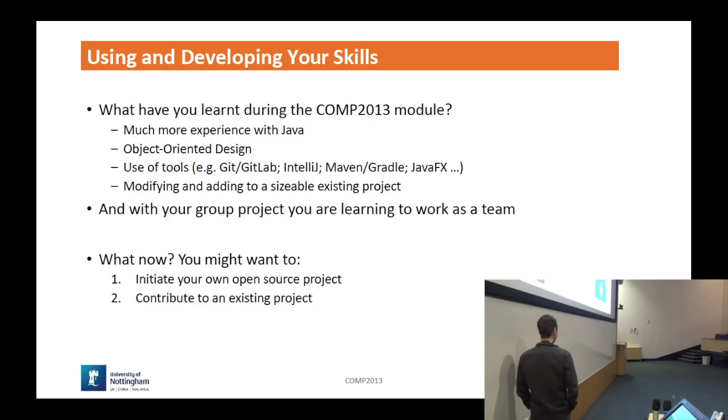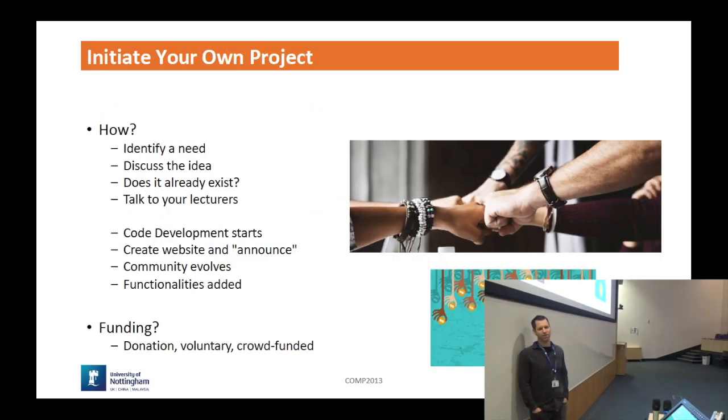I think if you have an idea for an open source project, what would the first step be if you had an idea for your own project? Very first step. Any ideas? What would be the first thing you would do? I mean, the first thing you would do is to look to see if somebody else has solved that problem and already released a version of that idea. There are so many now that I think finding something new is very challenging.